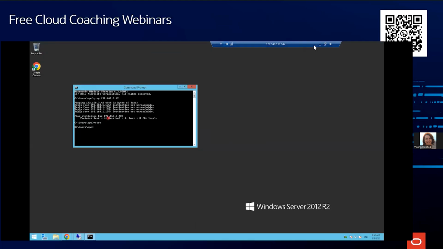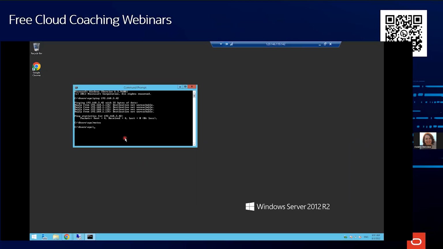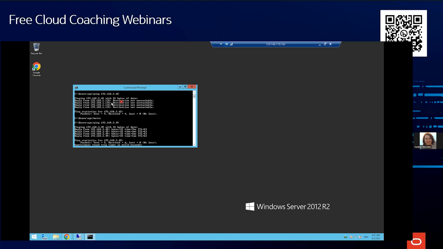Now I will take my Linux machine. I should be able to ping because I have allowed ICMP for it. So ping, paste, allow. See, it is able to ping because the ICMP rule is created for it, and the ICMP rule is not created for the Windows machine. That's why destination net unreachable.